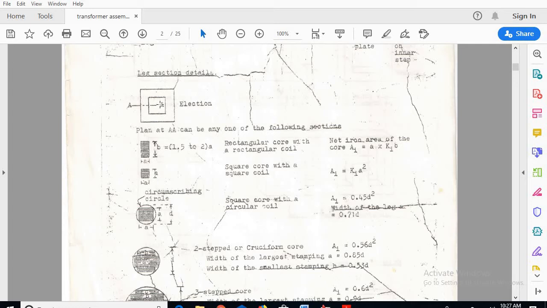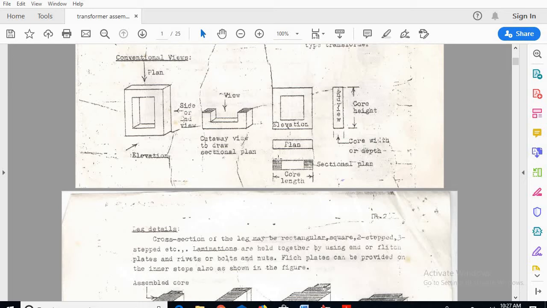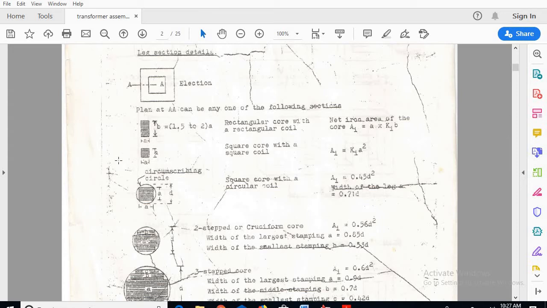Now with respect to this, if I go for the plan, as I showed here, this is the square portion, that is the width of the largest stamping A will be represented. How to calculate the value of A? For a square core, the circumscribing circle diameter D will be given.